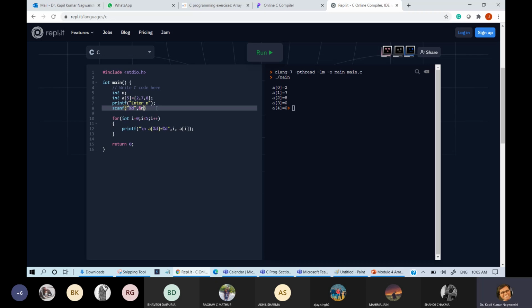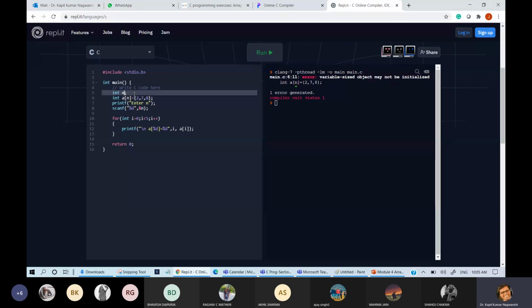So the fellow asked me that we are asking the user to enter the number, that's why I can put n here, but this will give you an error. Fine. So you must know that the compiler must know what the value is. If I am writing this as 10, then this will be fine. This is not fine.